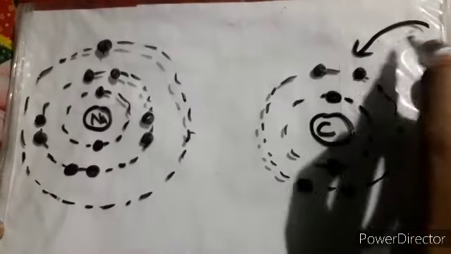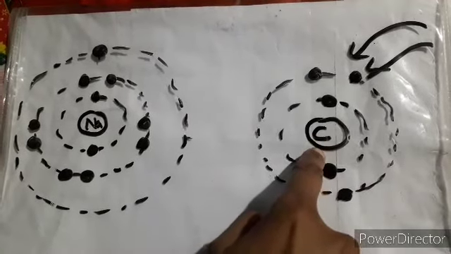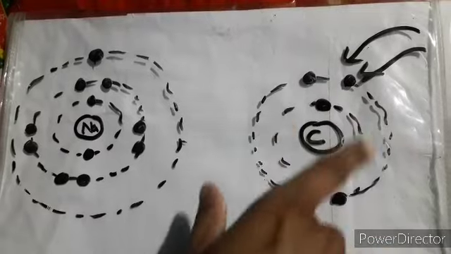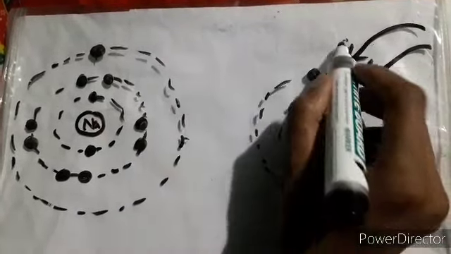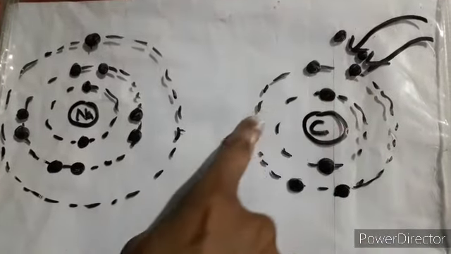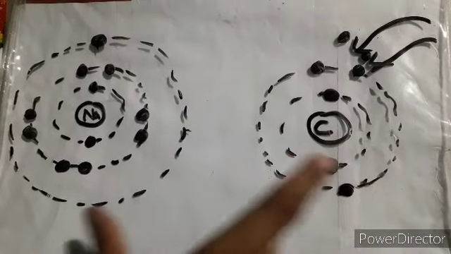So even the electron, if it is coming from outside, suppose some electron is coming from outside towards this atom, this nucleus is having the large nuclear charge, so it will attract the electrons, whatever electrons are present in its orbit. Even the electrons that are coming from outside, it will attract those electrons also. So what will happen, these electrons can easily enter this particular orbit, right? So now you must be clear with it.